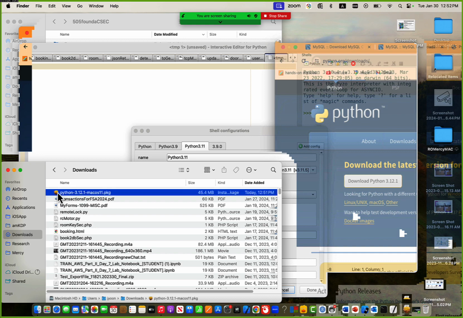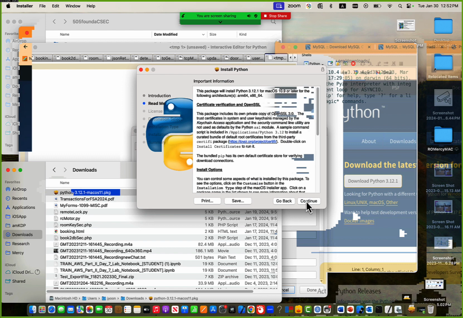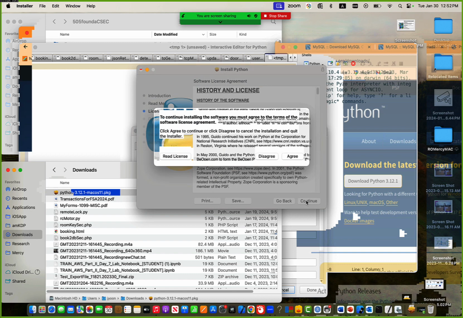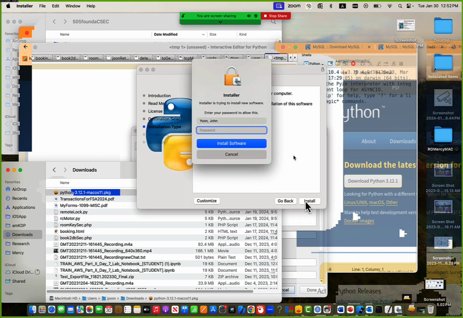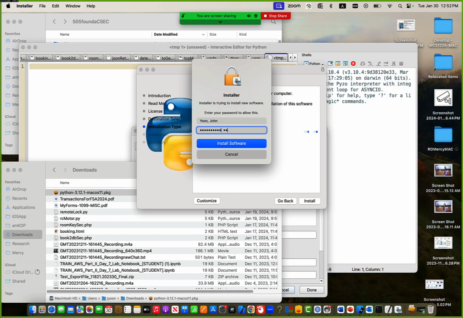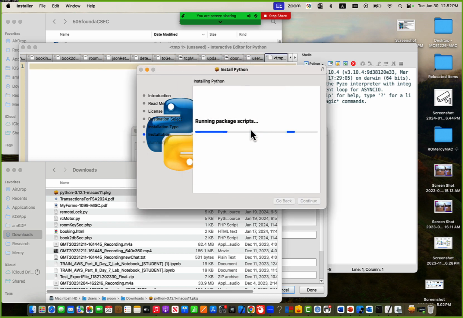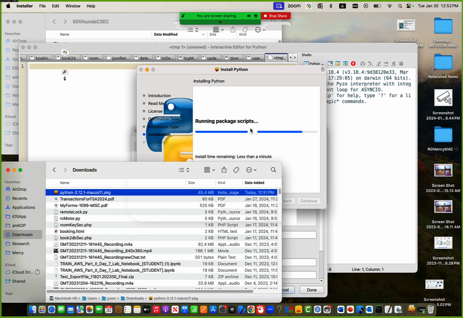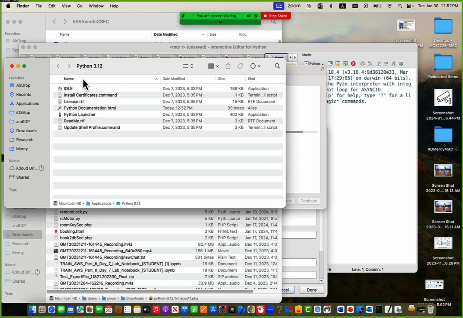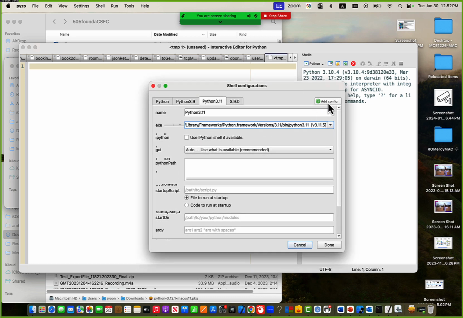So Python is here. Double click and I want to install it. Continue, continue, agree, install. It asks me to enter my password. Okay, it is installed already here. So in Python, if I do add config here, then I would say Python py 3.12,